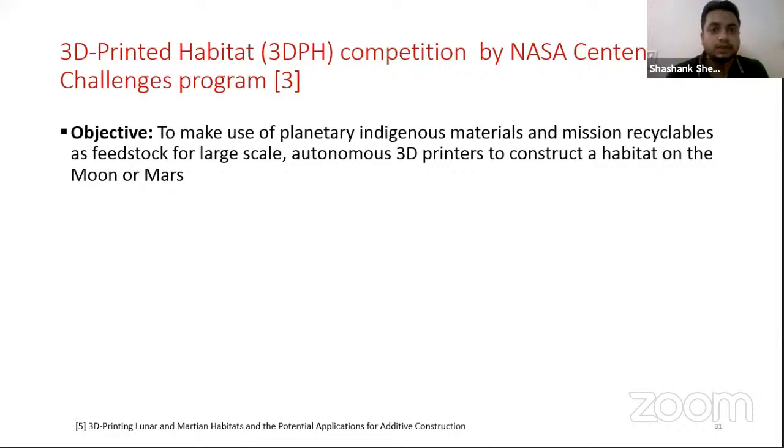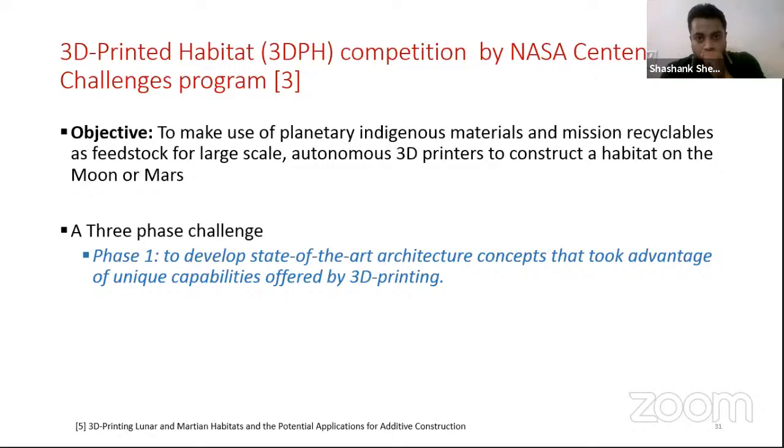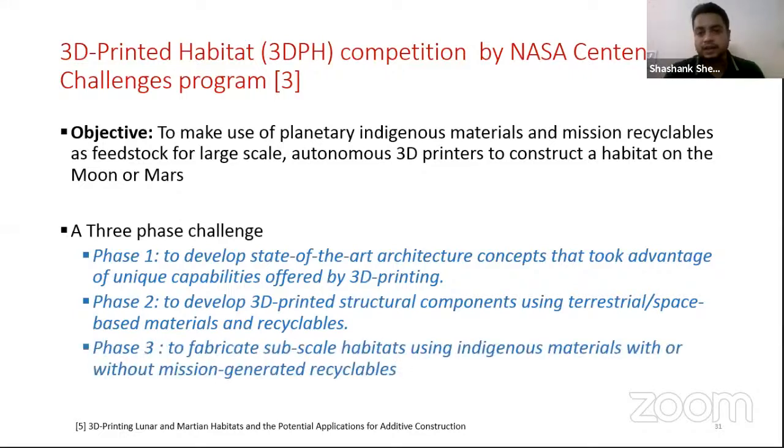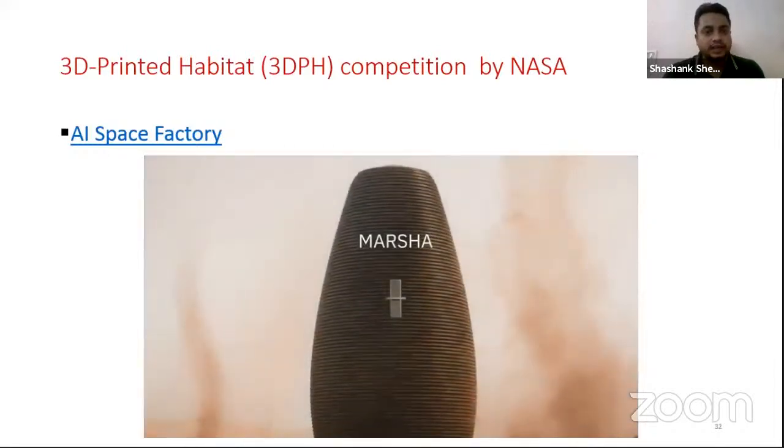In line with this, NASA started a challenge for building Martian homes in 2016. That was a 3-stage challenge where they were looking for in situ resource utilization, basically ISRU. They wanted a concept that can work in the Martian environment, and to show how you would develop it using in situ material, the ISRU concept. And then they wanted the teams to fabricate and show that these can be printed to a certain subscale level. So Marsha, see, is our AI SpaceArchitects proposal